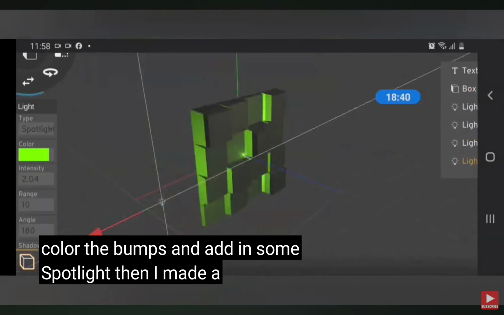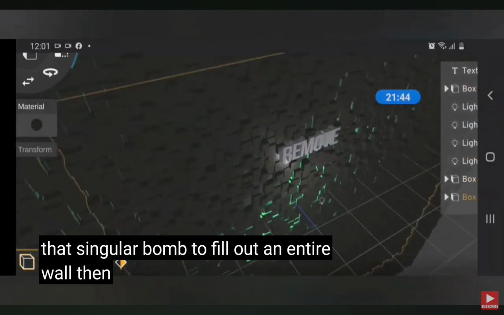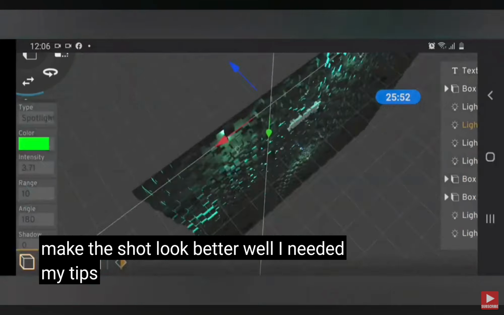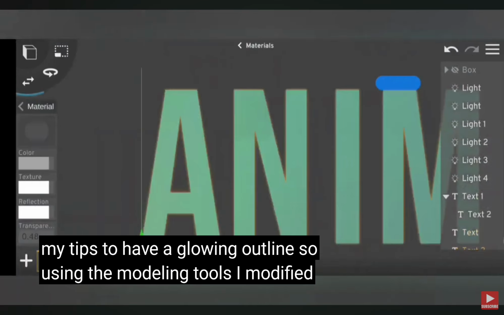Then I made a lot of copies of that singular bump to fill out an entire wall. Then I added in some more lights to make the shot look better. Well, I needed my text to have a glowing outline, so using the modeling tools, I modified a duplicate of